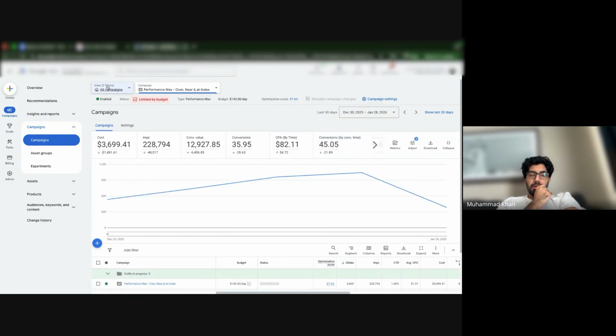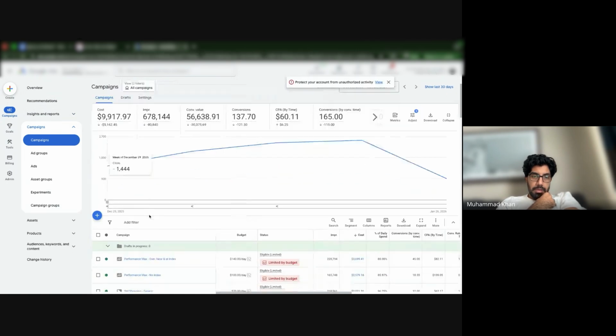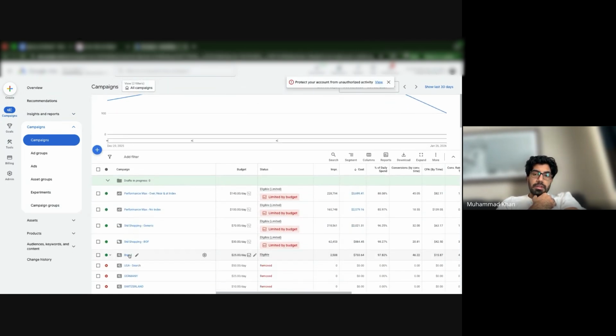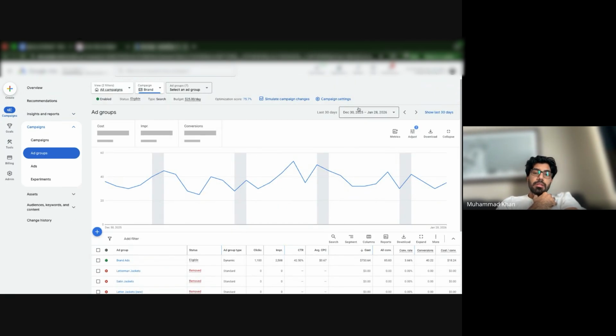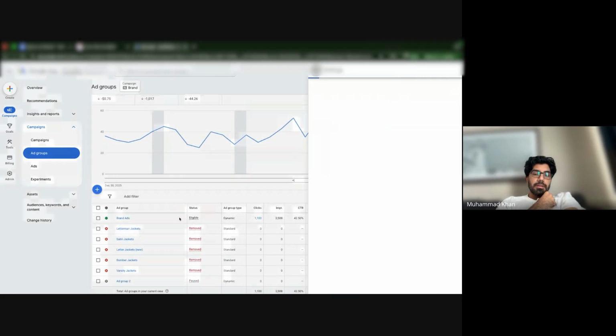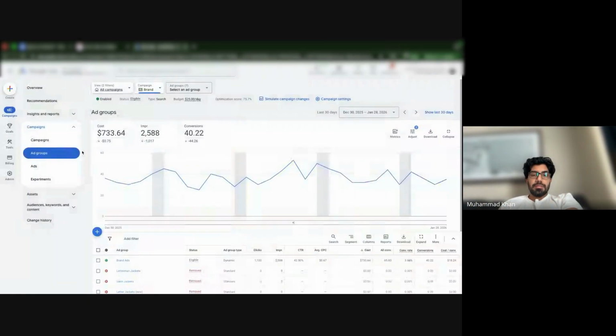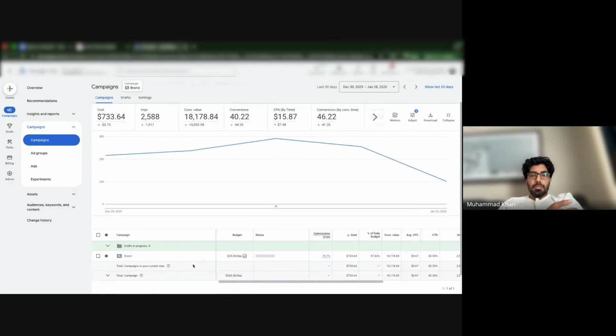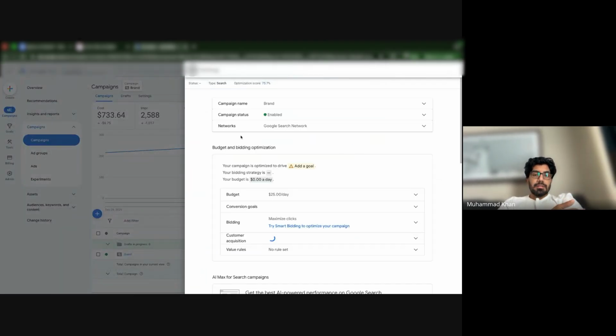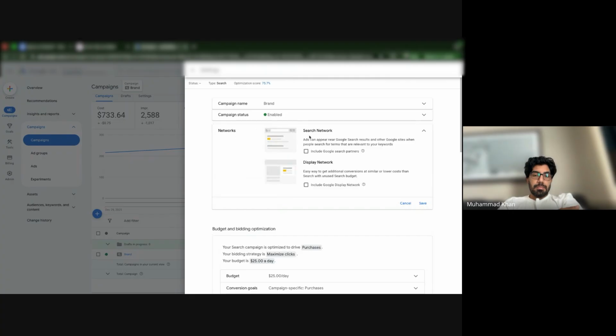I've had clients come, or I've had to audit accounts on our team in the agency days, where all of a sudden the amount of leads was going up, but the quality of the lead kept falling off. The constant pattern was that the lead quality fell off literally when it started spending more on the search network. Just because you have the search network on doesn't mean it's going to spend on it, but it's good to turn it off.